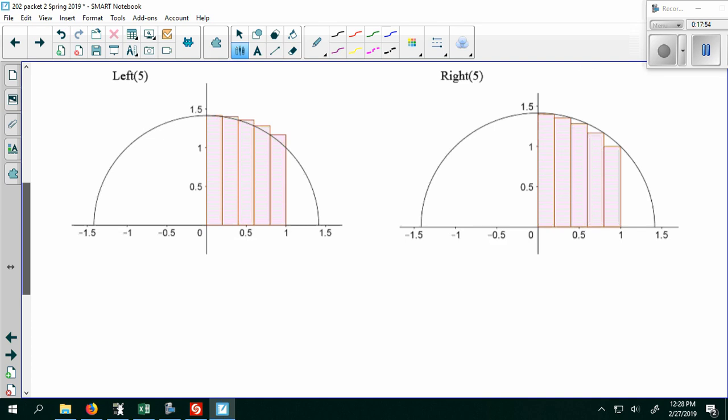Okay, so for left 5, I've given you a diagram to help you set this up. I just need to add up the areas of these 5 rectangles. So left 5 is going to be, I'm going from 0 to 1, and I broke it into 5 rectangles, which means that each rectangle has a width of 0.2. So it's 0.4, this is 0.6, this is 0.8, and 1. Each rectangle has a base of 0.2, and then the height is the value of the function at the left endpoint. So this value, it's a little bit less than 1.5,